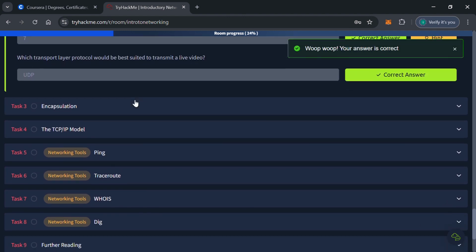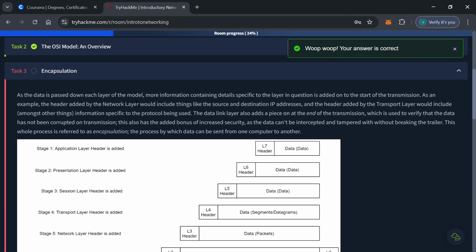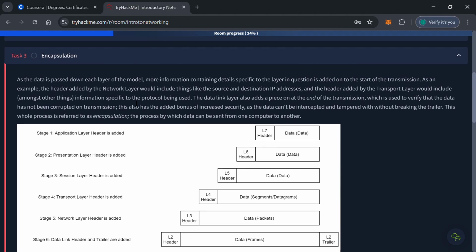So that's that about the second task. The process of encapsulation, as the data is passed down each layer of the model, more information containing details specific to the layer in question is added on to the start of the transmission. As an example, the header added by the network layer would include things like the source and the destination IP addresses, and the header added by the transport layer would include, amongst other things, information specific to the protocol being